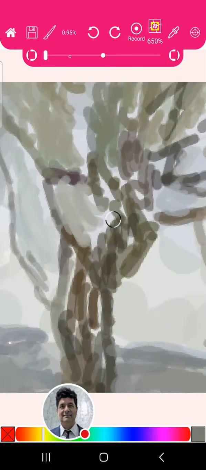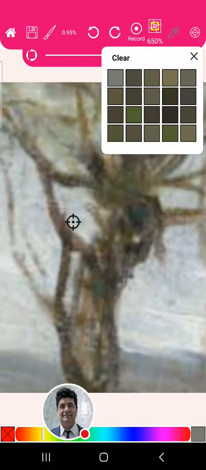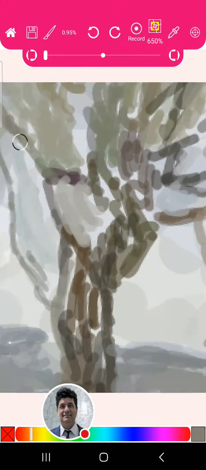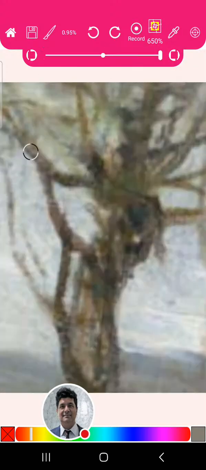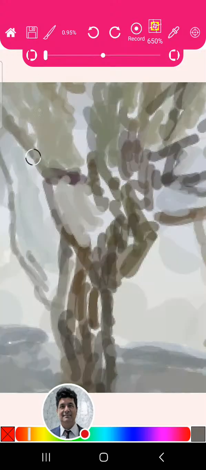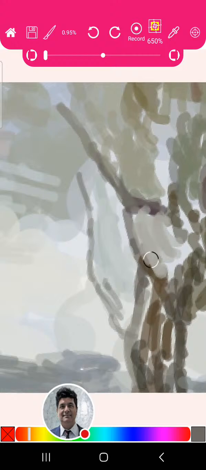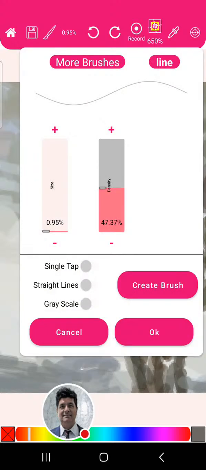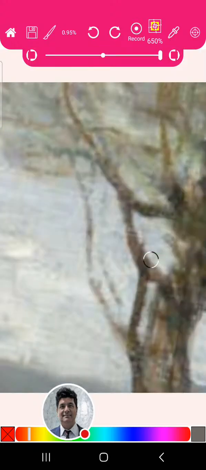So I'm just going to go back and forth, pick the colors, back and forth, pick the colors, and then I may even increase the size. It depends. So I'm just trying to get these branches,